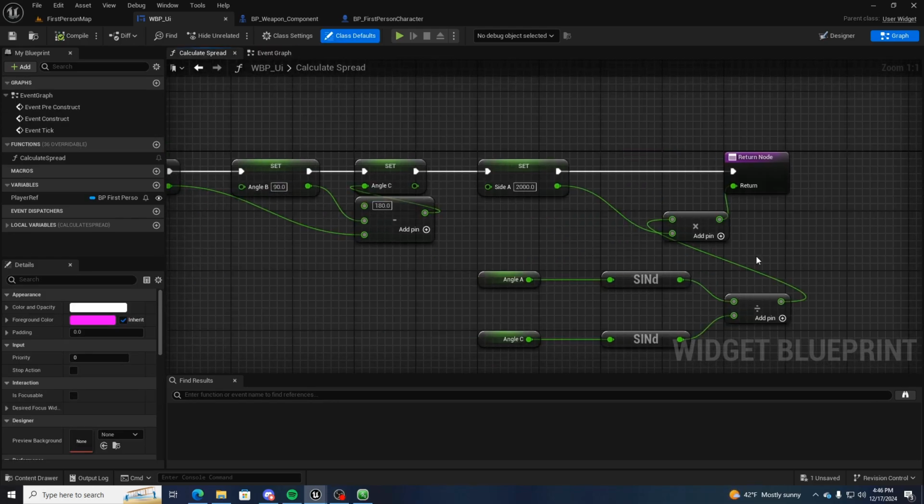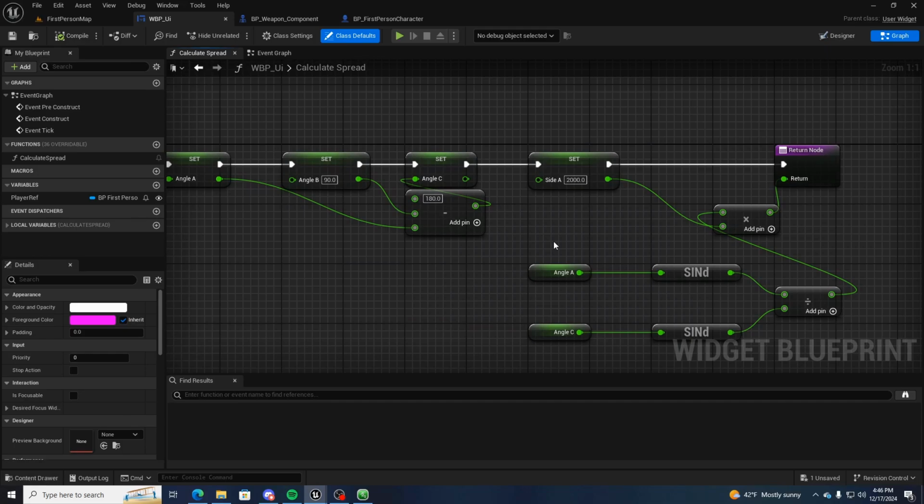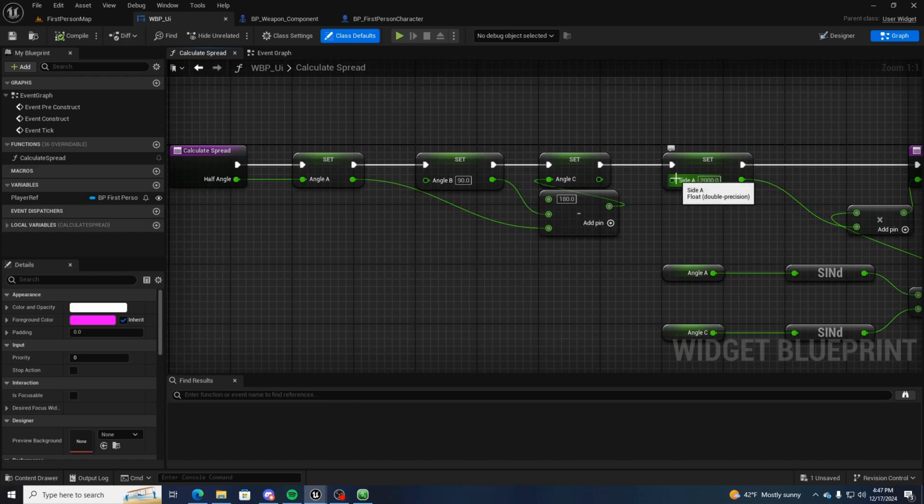Now, just as a little bit of a tidbit, if you wanted to have a dynamic crosshair that also took into account the maximum range based on where the player is aiming, and then adjust the crosshair accordingly, or maybe you have an in-world crosshair and you wanted to adjust the crosshair size based on where it is in the world, well then all you would have to do is, from side A, just put this in as an input, and then you would just simply say distance, because all side A is the distance